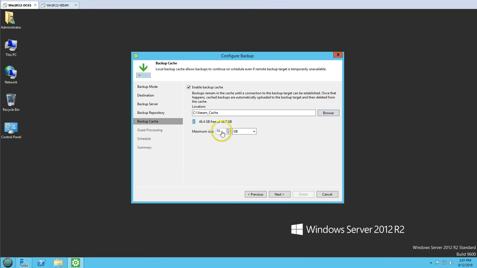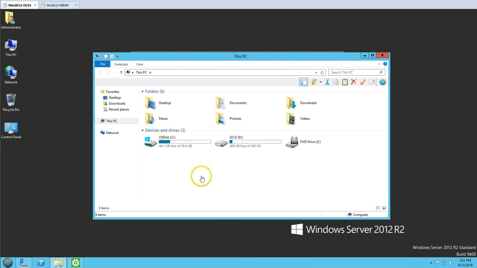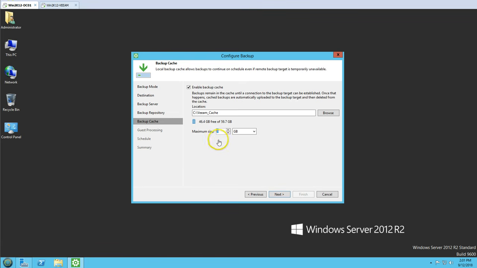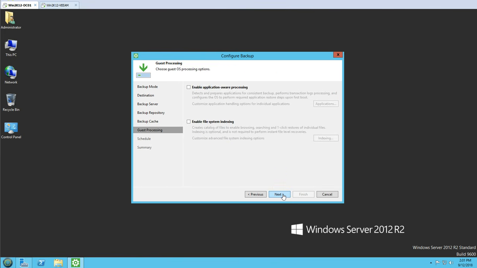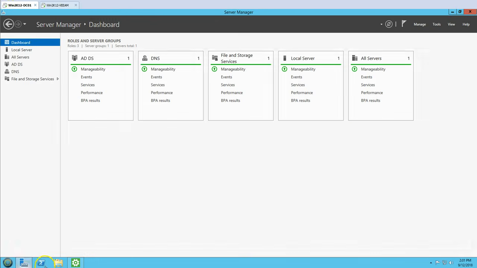So this is going to have a local cache, so I'm going to specify 5 GB. It depends on how much data is going to change on your domain controller or on your complete server. So this is fine if I say 5 GB is the maximum size. So click next, and then this is an important option when we take the backup of our Active Directory and